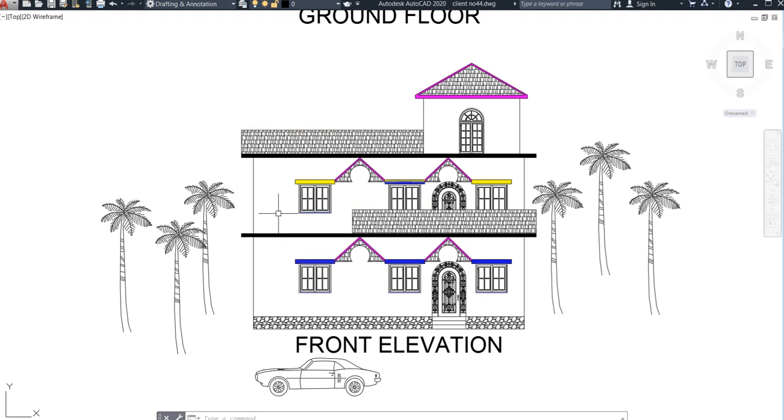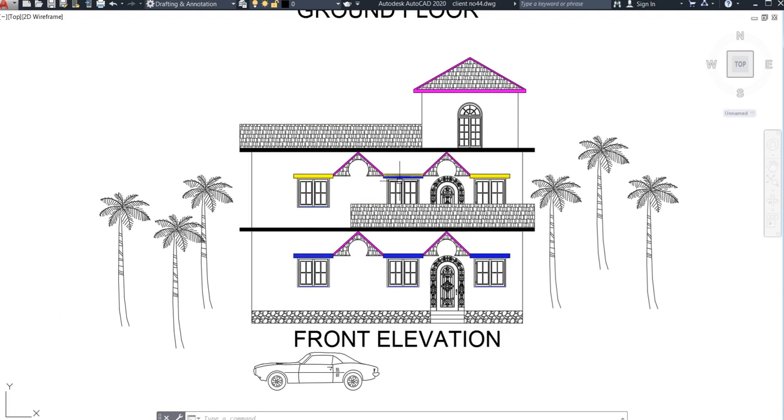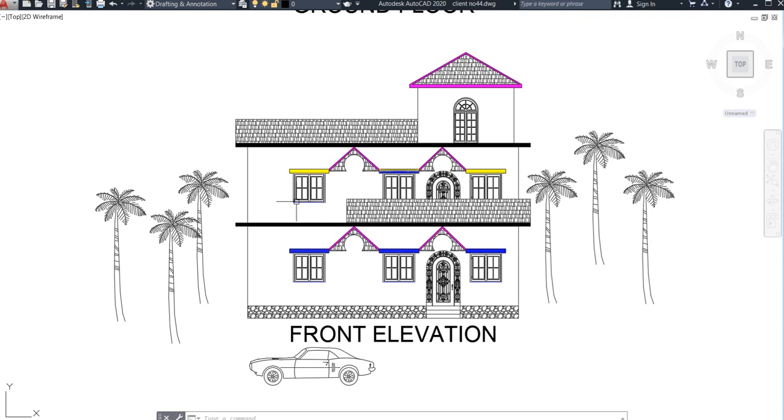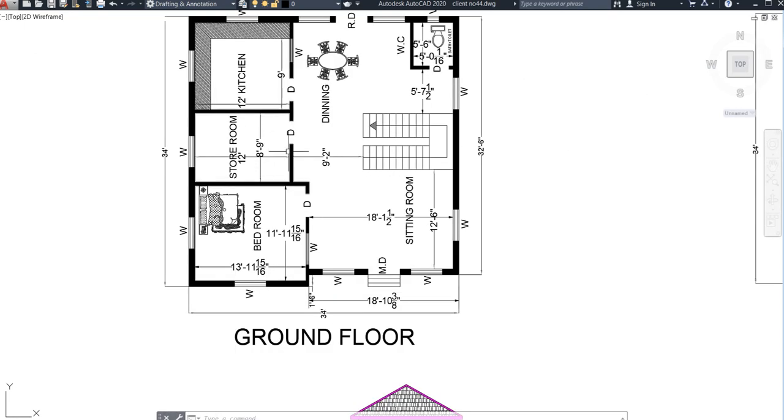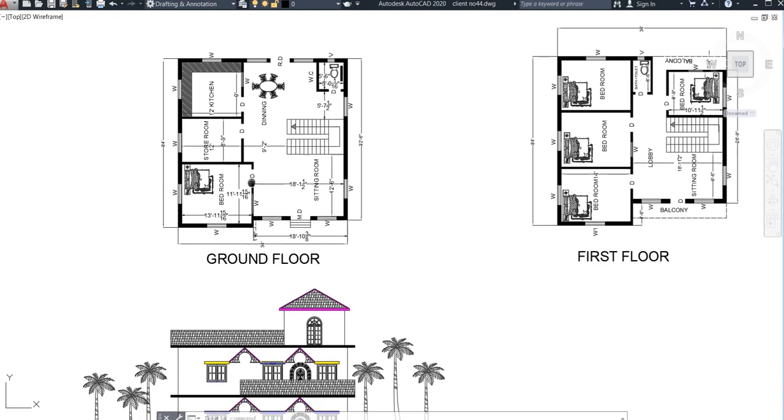You can see this is also a simple building plan, but I have made it like this. If you have not gone through my previous tutorial, you need to go through that one. But for newcomers, I'm going to tell you in the fastest way so that you can definitely learn. If you can't understand it properly, you need to go to my previous tutorial, which will be really helpful to you. I have made all this for you.